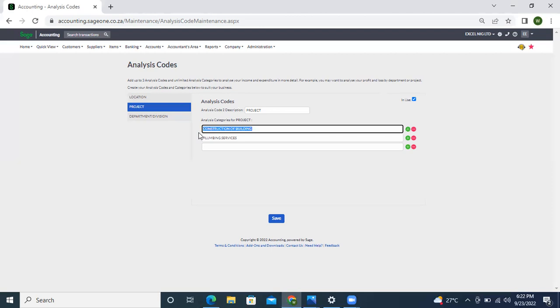So let's call it, we are already a construction company here. So let's call it residential. Let's change it to residential. So these are residential building projects. Okay. And we know for a company like this,